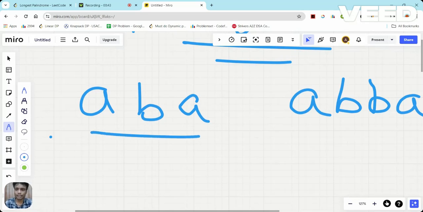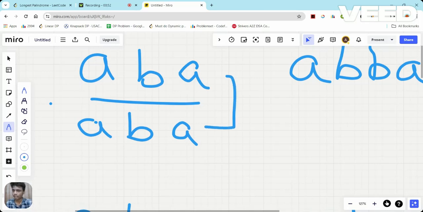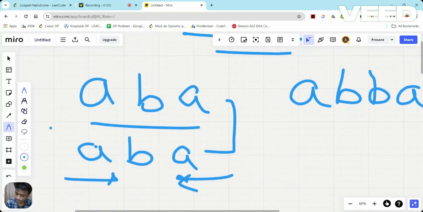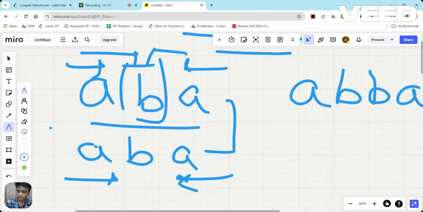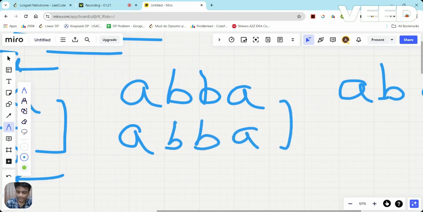How will I get to know whether it is a palindrome or not? If I reverse it, ABA, after reversing, what does it come out to be? Same. Means it is a palindrome. Another way to check is to read it from left and from right. If both cases come out the same, then it is a palindrome. In this case, I am starting from here. A is here, A is also here, and the center element is the same from both places, so it's a palindrome. If I come to this example ABA, if I reverse it, it comes out to be the same, means it is a palindrome.